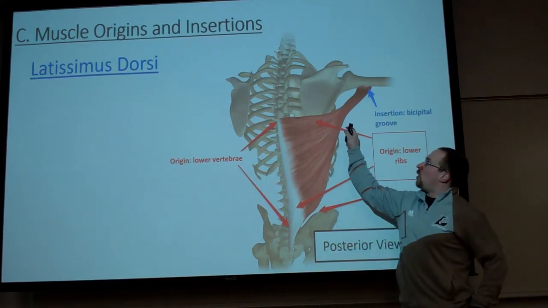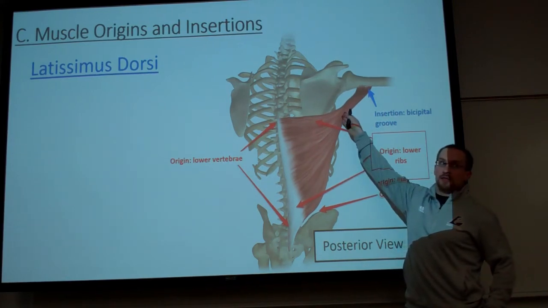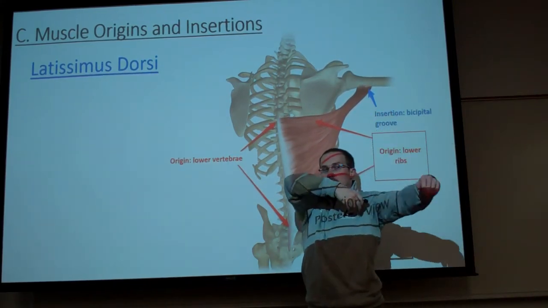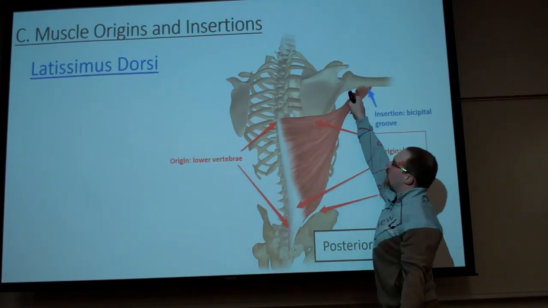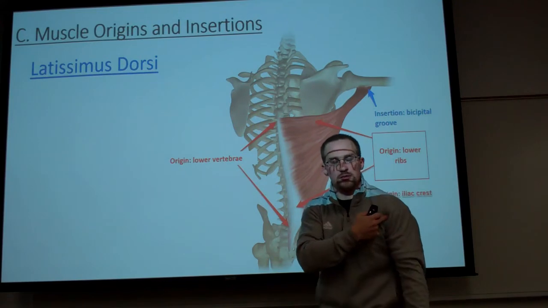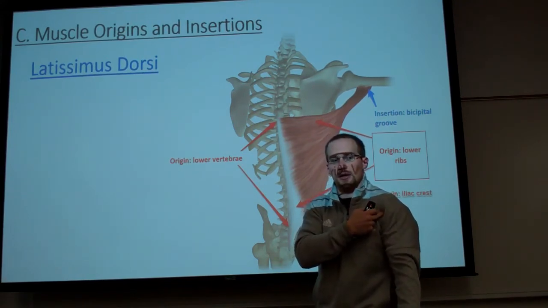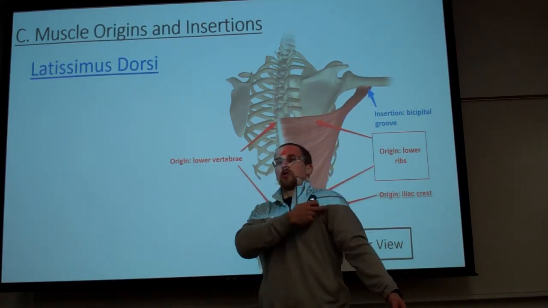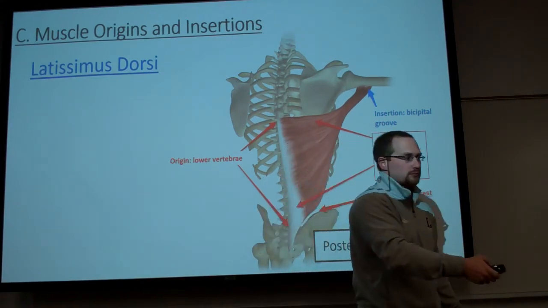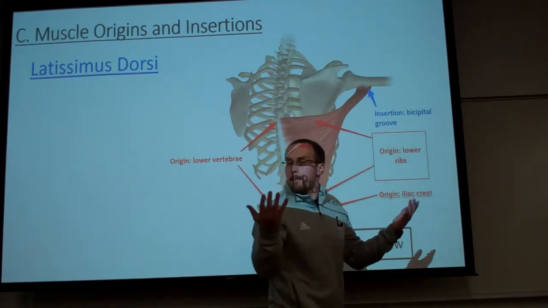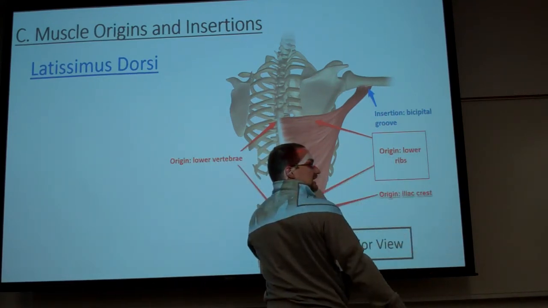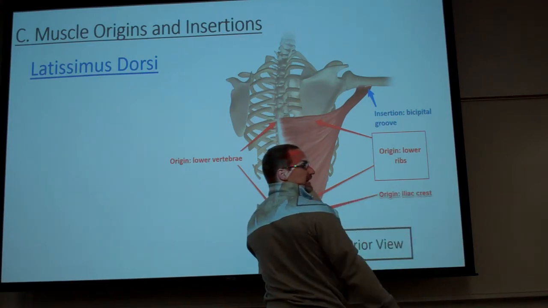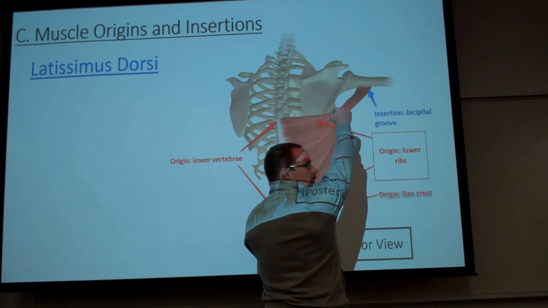But then it comes down through your armpits. Okay, so it's coming through my armpit here, and it's going to insert at that bicipital groove in front. And that's going to be important when we talk about a few of the different actions. But it's coming through your armpits, wraps around here. So if it's in the back there, most of the actions we should be familiar with. It's going to help with adduction, adding it in. It's going to help with flexion,